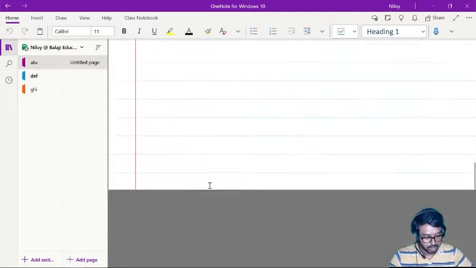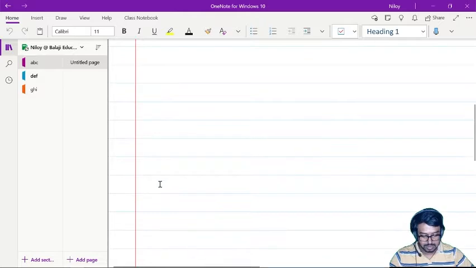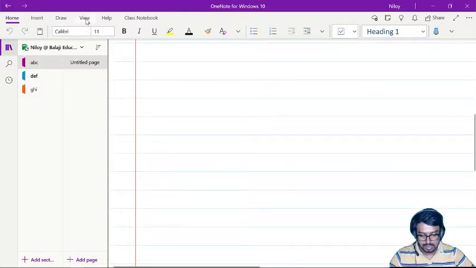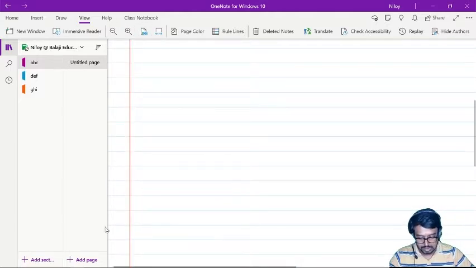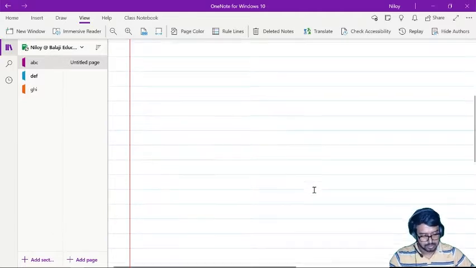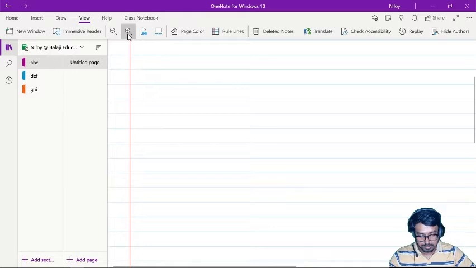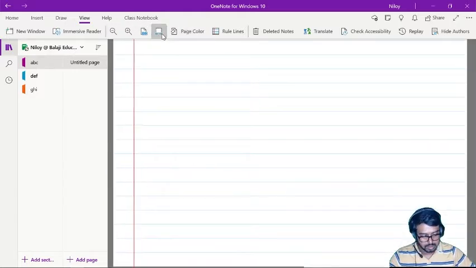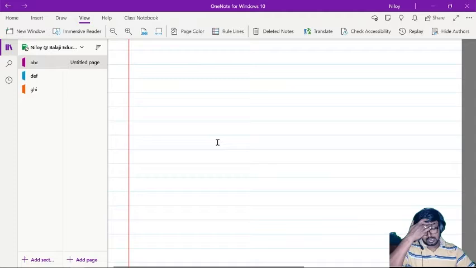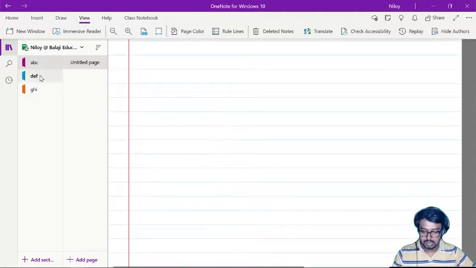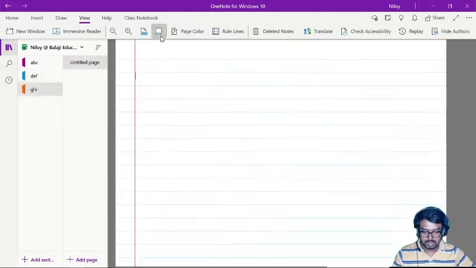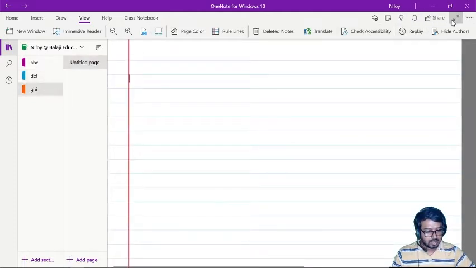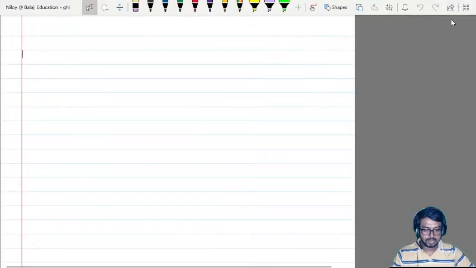Look, page heading is gone, page size is somehow limited. Now going for view, page size is not as desired by me. Okay, so minus, fit this grid, and then I can write here. Okay, fit width again. Then I can use the full screen display.